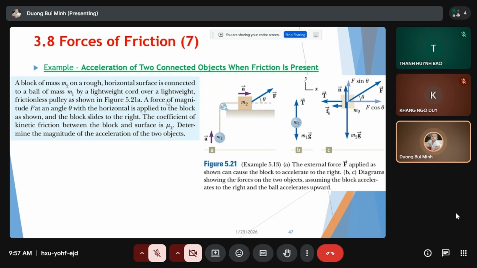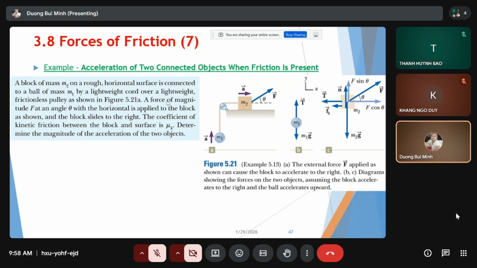So come back to this one. We have two objects, and we have references. This is X, this is Y. Follow this one, right? So this one is X, this one is Y. X over commas, Y over commas. Something like that. And I also explain to you why we choose references like this, because we can delete one of the